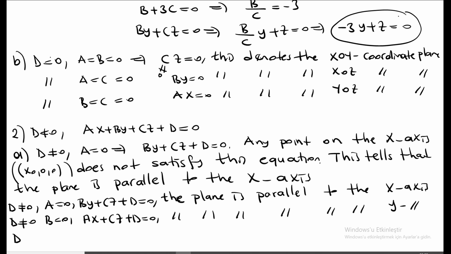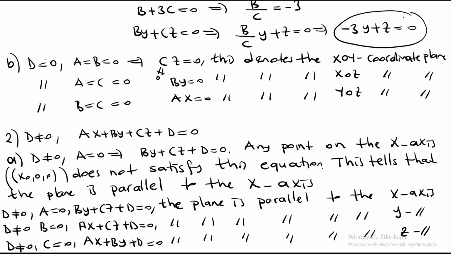And third one, d is not 0, c is 0, so you have this one, a times x plus b times y plus d is 0, so the plane is parallel to the z-axis. So one example for this case,